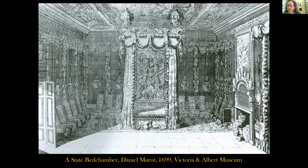So also on my Addingham summer school trip, we went to a park, a National Trust property, with this dollhouse. And it doesn't show well in the overall image, but I do want you to see the yellow flying tester bed with red trim and this blue one here. And to my great delight, there were even these miniature hooks in the ceiling holding up the testers